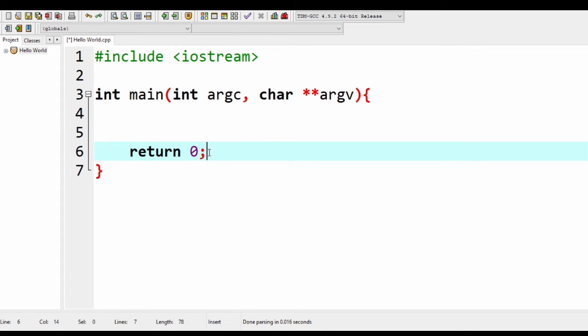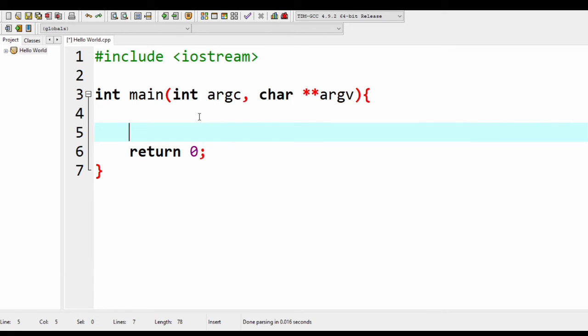Okay? This semicolon is used to say to the compiler, or Dev C++, that you have ended the line. Of course, the compiler would error if there is no semicolon. C and C++ are very strict when it comes to semicolons. You forget one semicolon, the code wouldn't run, okay? So it's important to remember that for every line that you have, you put a semicolon, okay? Except for these kinds of lines, no? Where you put a brace.